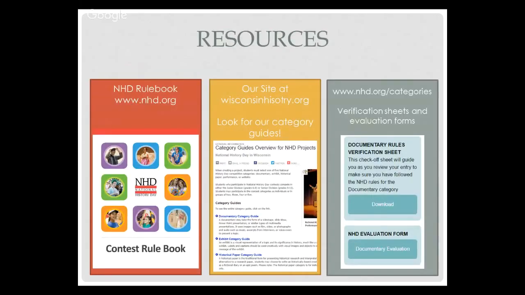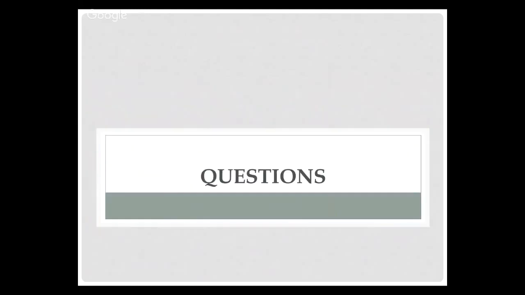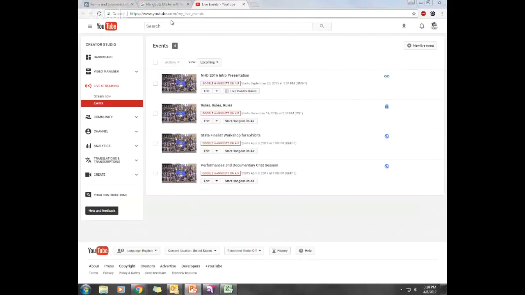All right, so I'm going to, again, enforce that rulebook. And then at wisconsinhistory.org, I'm going to show you how to get there as well. We have that word count sheet, and I'll show you guys how to get there. And then the categories. I talked about the judges sheet, as you may have received them already back from the regional, but maybe go through and judge your own exhibit. How would you put the checks on your own exhibit? All right, so before we get to any questions, I just want to show you guys